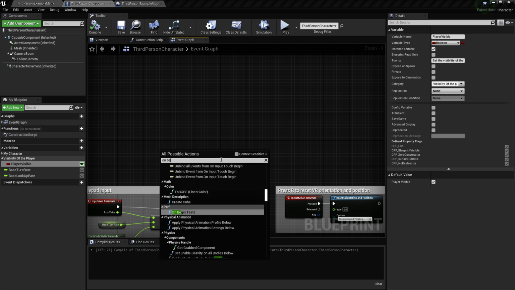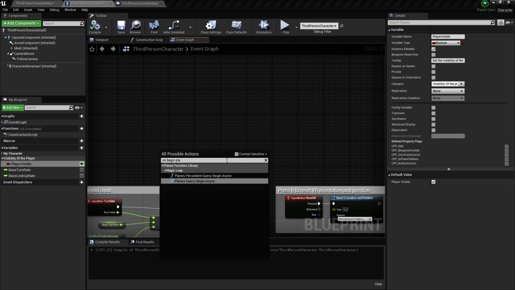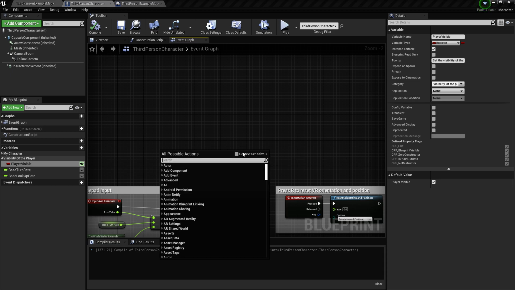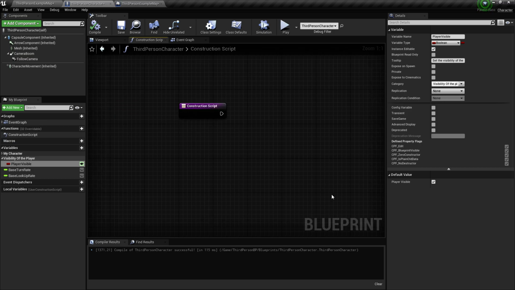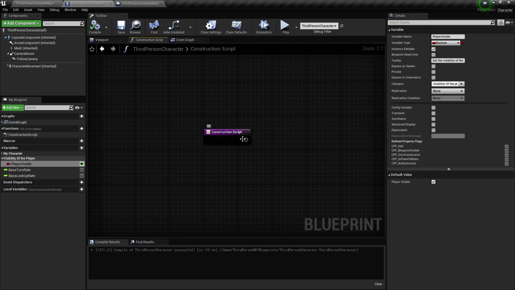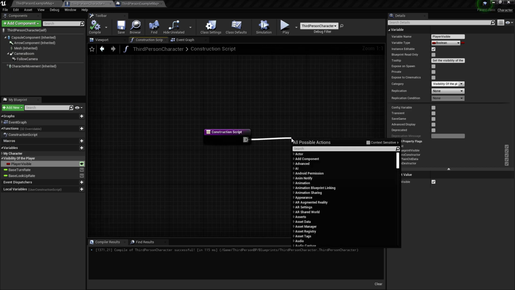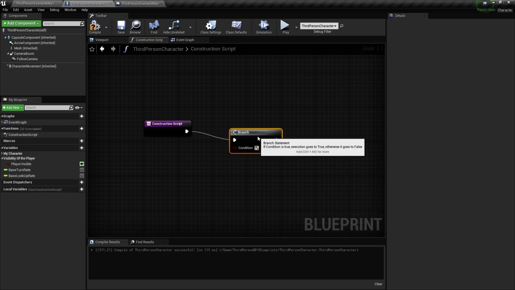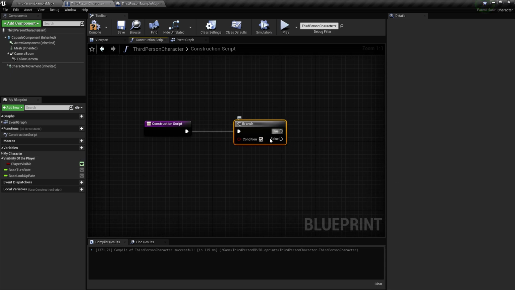I'm going to do it here. So this is an if statement, a branch. If the condition here is true, it's going to fire this wire in here.